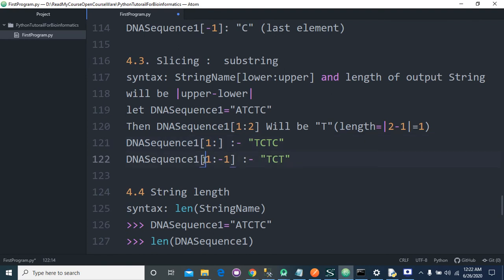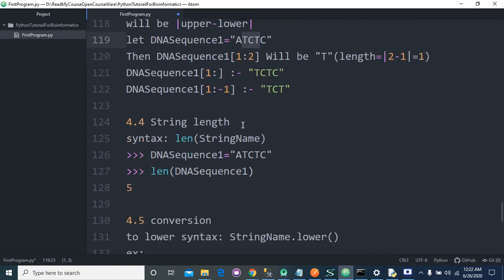Similarly, the DNA sequence 1 of 1 to -1 will result in TCT, because it starts from T and ends before the last C.